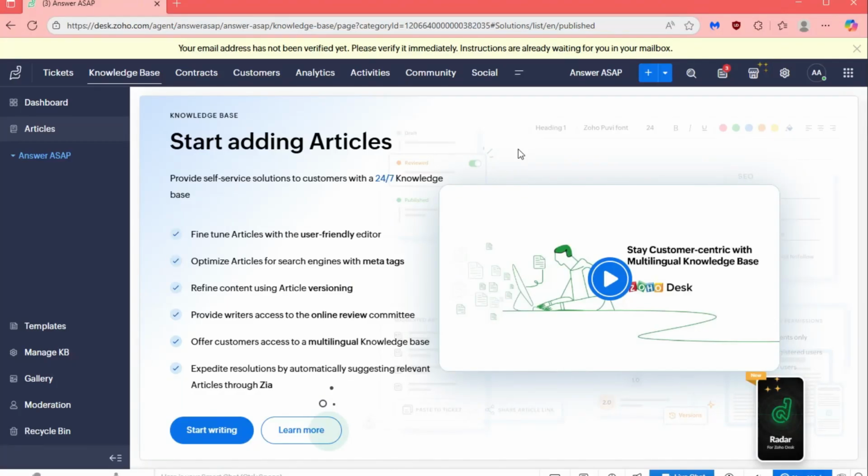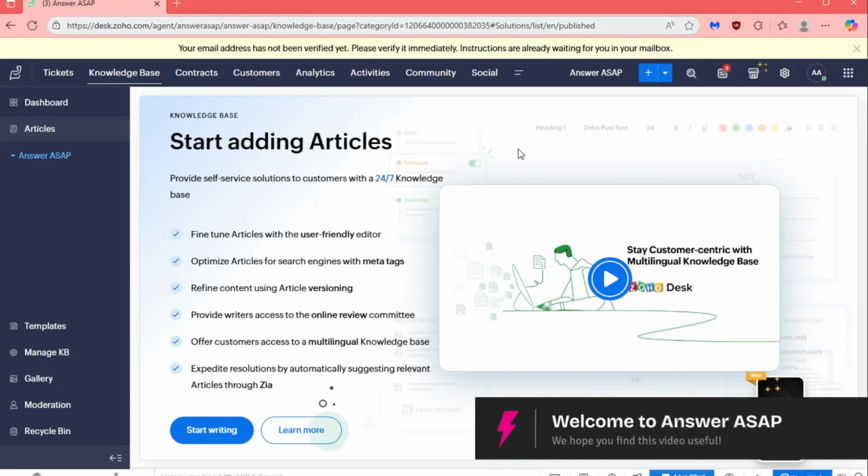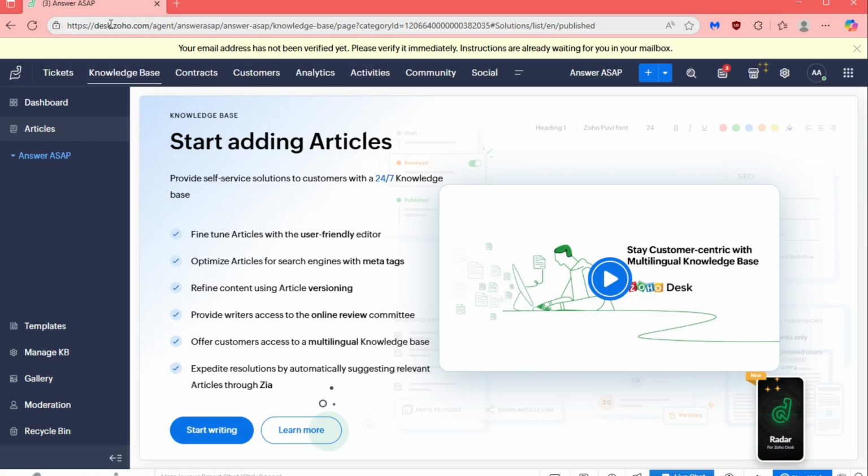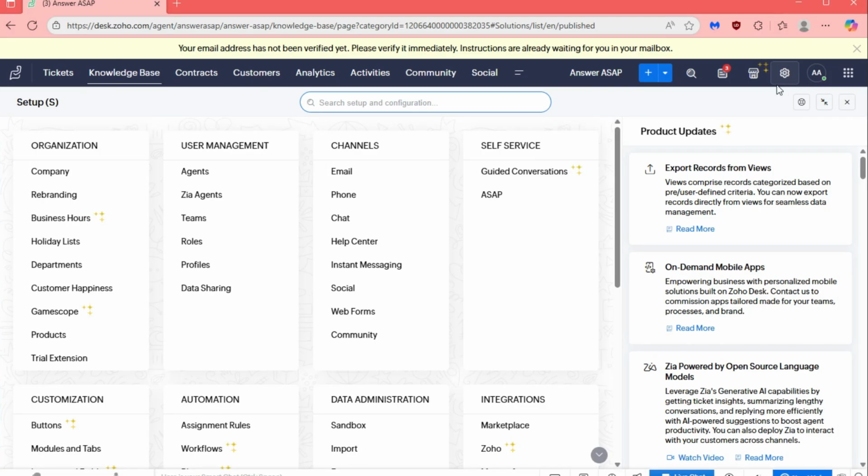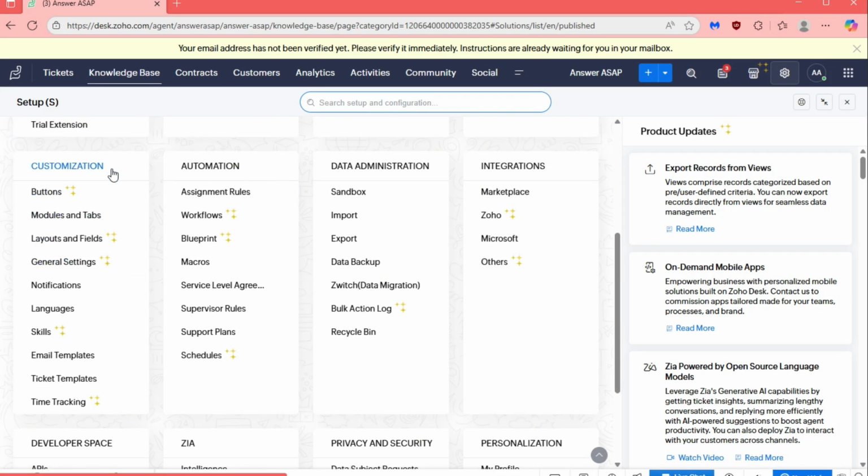In this video, I will show you how to add custom fields in Zoho Desk. First, log into your Zoho Desk account. Now, go to the top right corner and click on the settings icon. Once you're redirected to the settings board, scroll all the way down until you see the customization section, then click